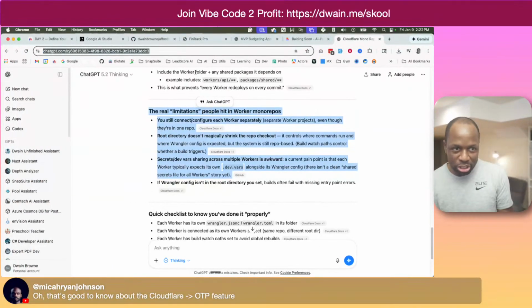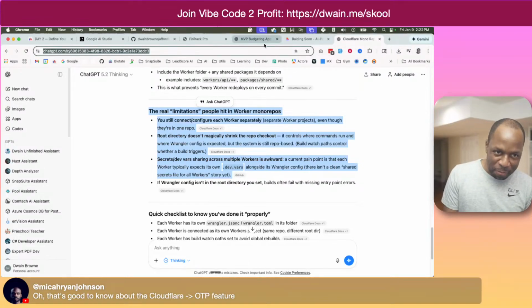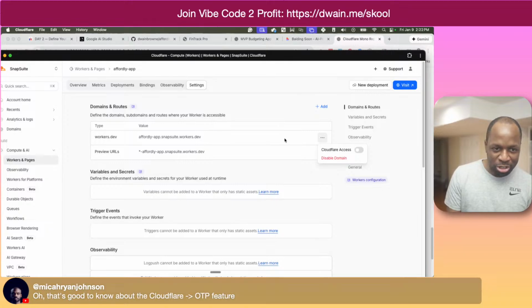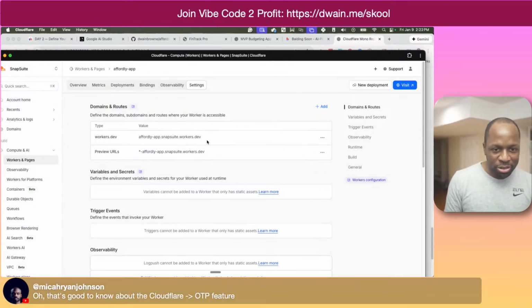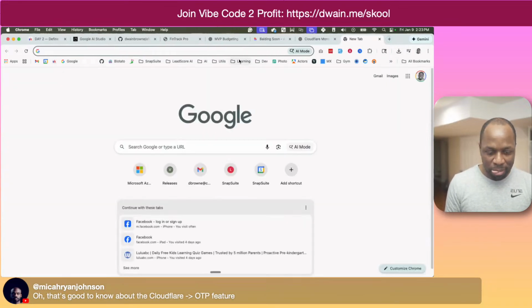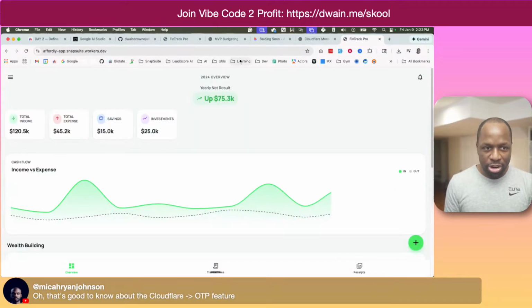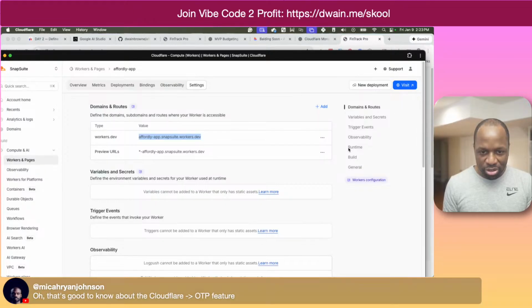Yeah, so the OTP thing is actually pretty cool. It's one of those sneaky little hidden features that most people don't really know about. There's a Cloudflare worker, so take, for example, this app here. If I just hit it on this domain, just as an example, it'll go directly there. If I literally just flick that switch, so I go here and I do Cloudflare Access,